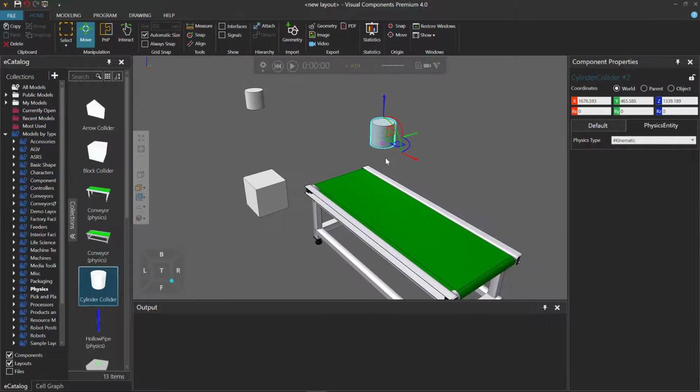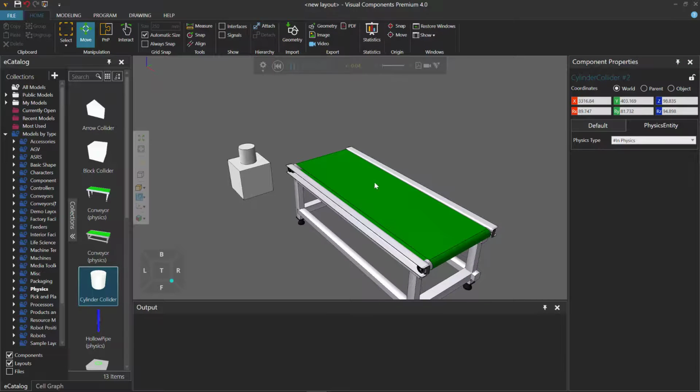and the cylinder probably in most cases won't collide directly like this perfectly, so let's actually rotate along the X-axis. About 40 degrees is fine. And now if we run the simulation, you can see this still has the kinematic physics type, so let's reset. Go to the Component Properties panel and change the physics type to in physics. Run the simulation, and you can see the cylinder collided with the conveyor. It did a little bounce, and then it moved on.